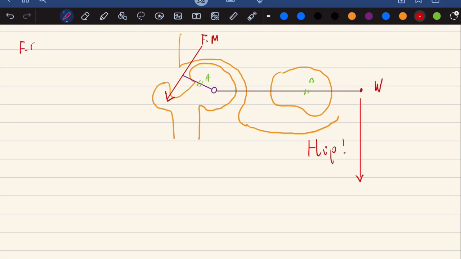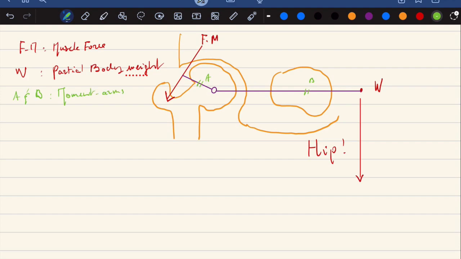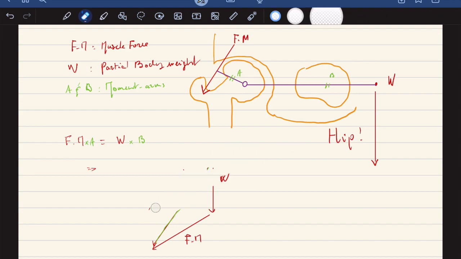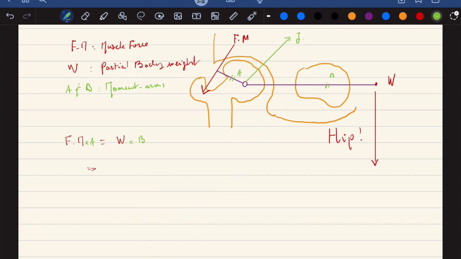To simplify, we use Powell's model for calculating the hip joint reaction force, which assumes that the force is balanced out only by the partial body weight and the force of the abductor muscle, and that it acts at the hip joint rotation center. The different forces acting on the hip are represented on a free body diagram, and we assume equilibrium. A and B are the moment arms of the forces about the center of hip rotation. Using sum of moments about that point, we find an expression for the resultant force on the hip. The joint reaction force is equal in magnitude and opposite in direction to the resultant.